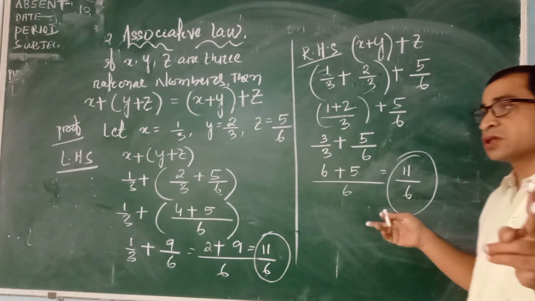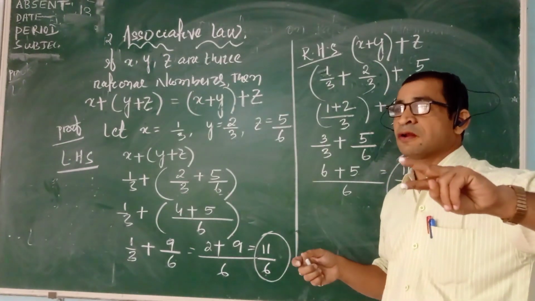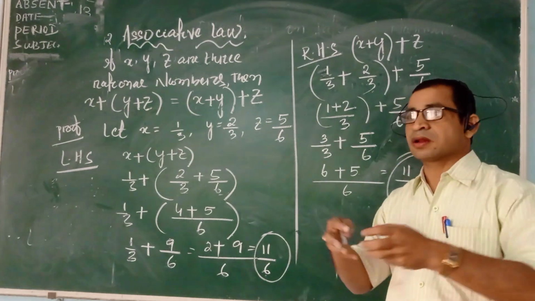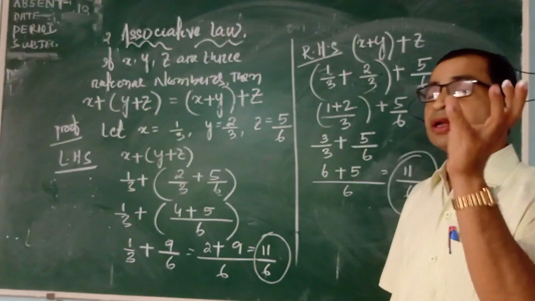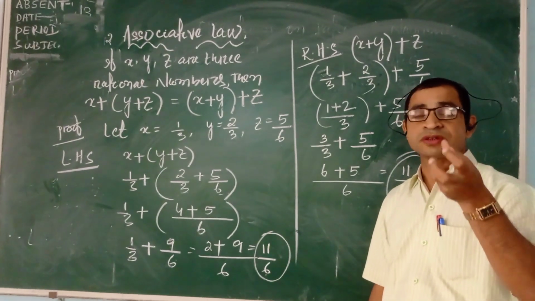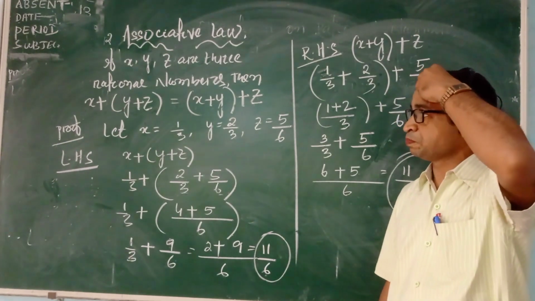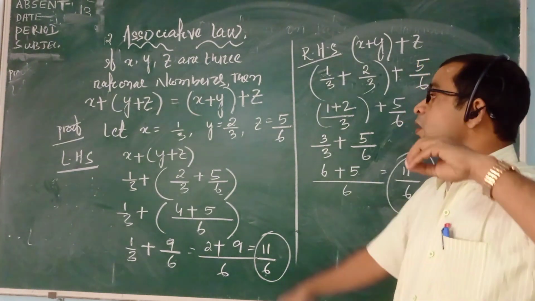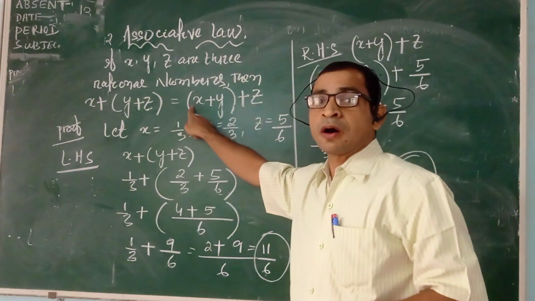So now students, whenever you are going to compare the relation or the difference between commutative and associative, the most important thing is how many rational numbers are required. You have to remember this, you will keep it in your brain. In commutative, always